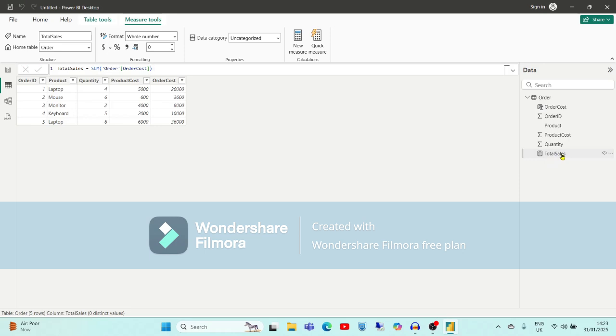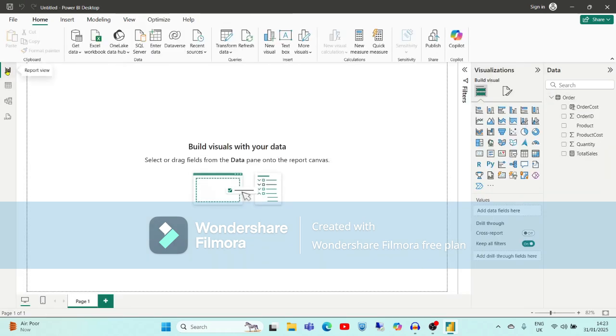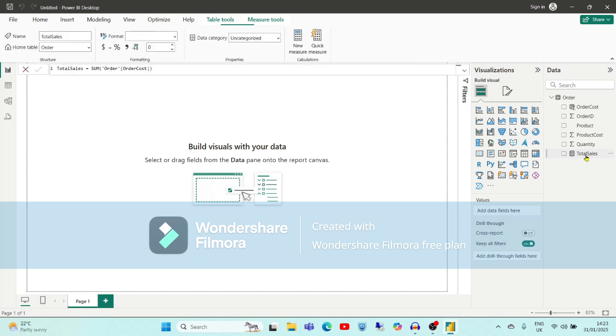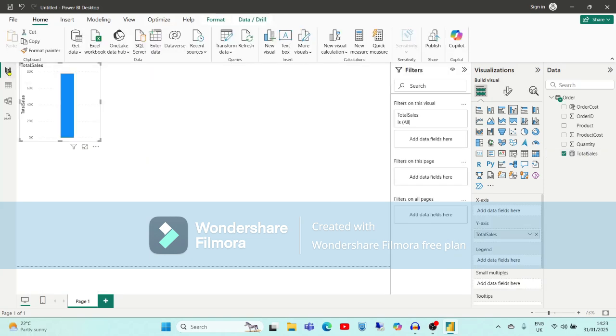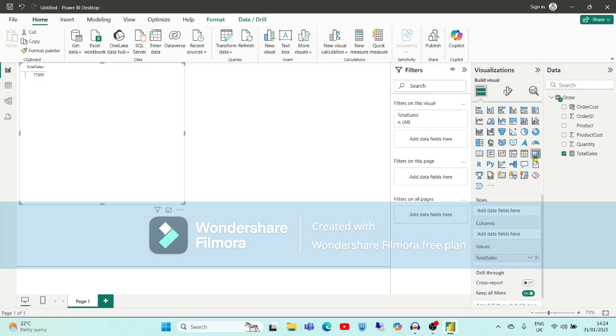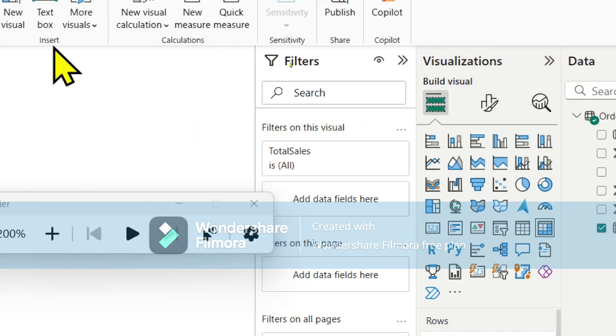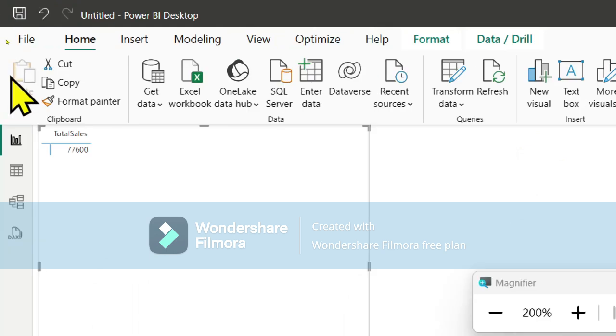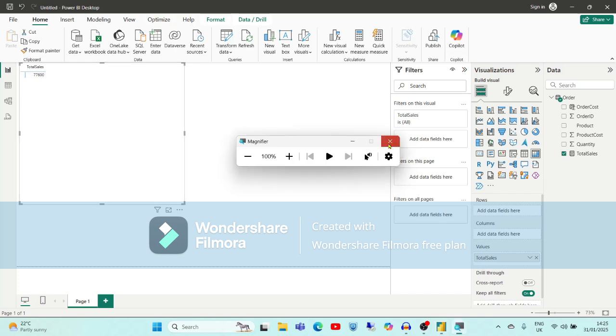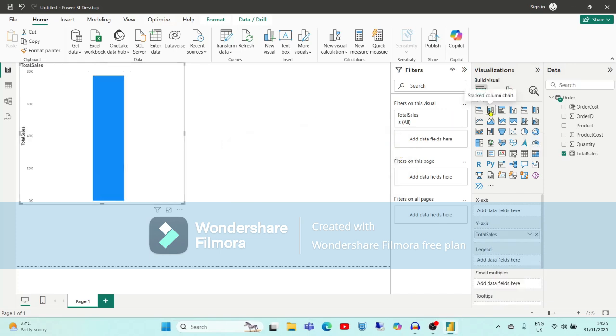Okay. Now just click here and click on this report view, and just click on this total sales. I want to print it, so I will select this option, matrix view. Once I click here on total sales, it is showing the value here, that is 77,600 is the total sale. If you want to see it in the form of a graph, just select the required graph, so it will show the total sale in the form of a graph also.